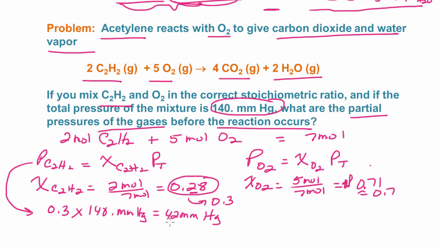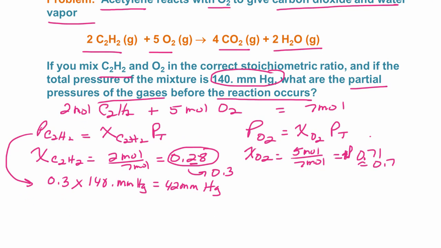What I could do is subtract the 42 millimeters. So to find the partial pressure of O2, I can subtract the 42 millimeters of mercury of acetylene from the total pressure. So that'd be 140 minus 42. That'd be 98